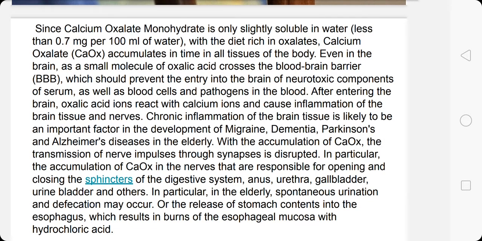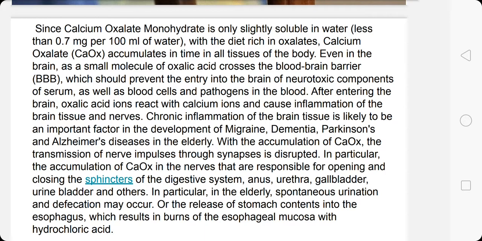Since calcium oxalate monohydrate is only slightly soluble in water, less than 7 milligrams per liter of water, if you consume a diet rich in oxalates, the calcium oxalate would accumulate in time in all tissues of the body, like sand. Even in the brain, because a small molecule of oxalic acid crosses the blood-brain barrier,